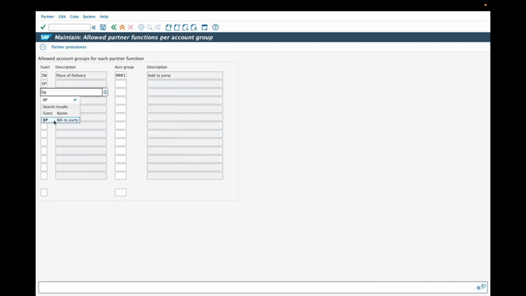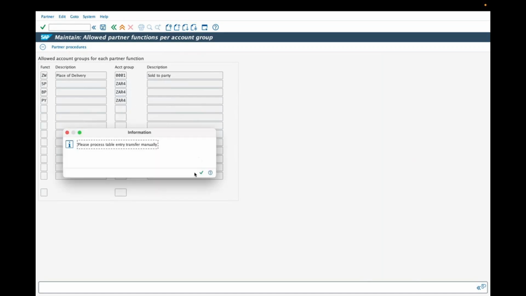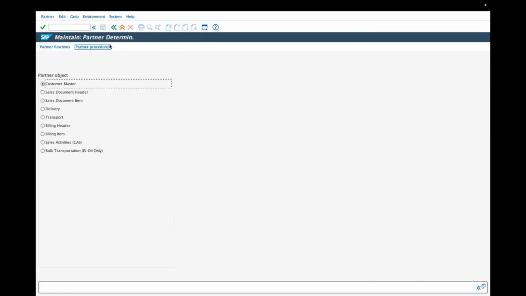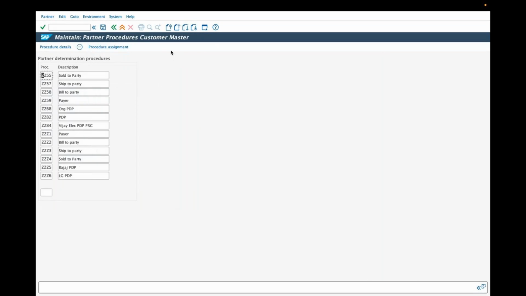BP, PY, ZAR4, ZAR4, ZAR4. Saved. Go a step back, one more step back, procedure, last page. So here Z A P Y the layout,